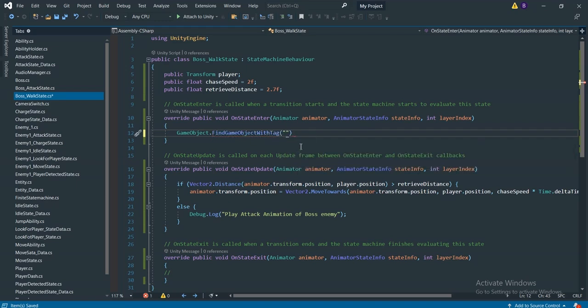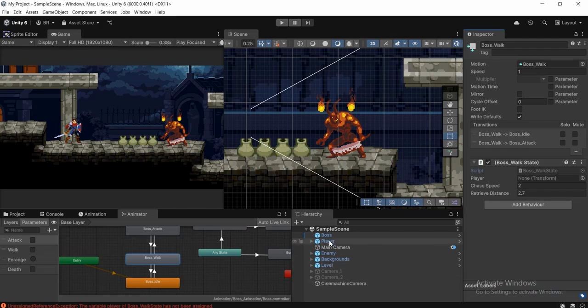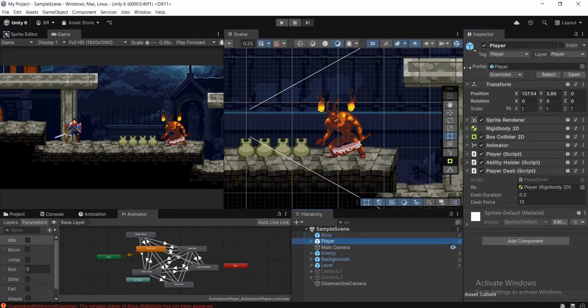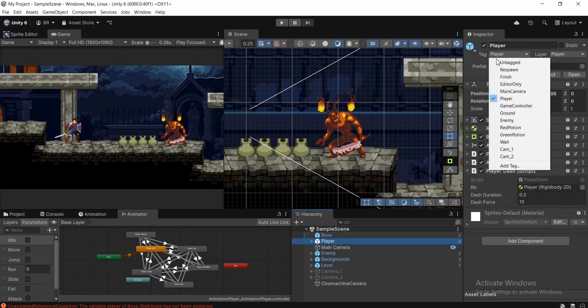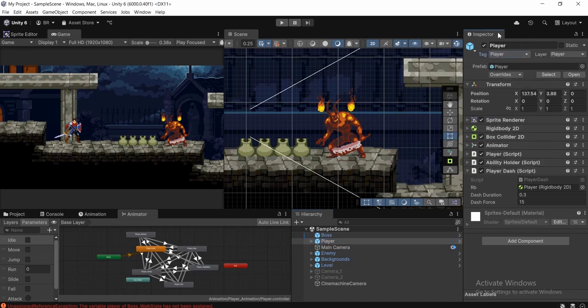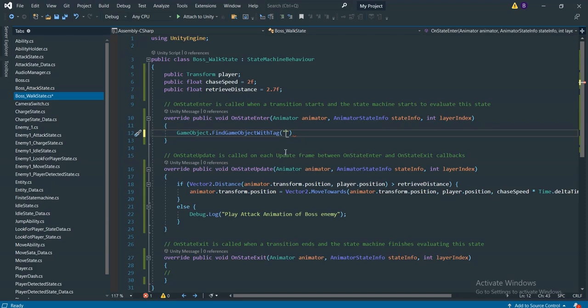But before you pass, make sure you move over to Unity editor and select your player in the hierarchy, then go over to inspector and assign the tag. It will be untagged, so just click there and assign your player tag. As you can notice, I already assigned Player as the tag, you can see it in the inspector. So I'm going to pass my tag name,